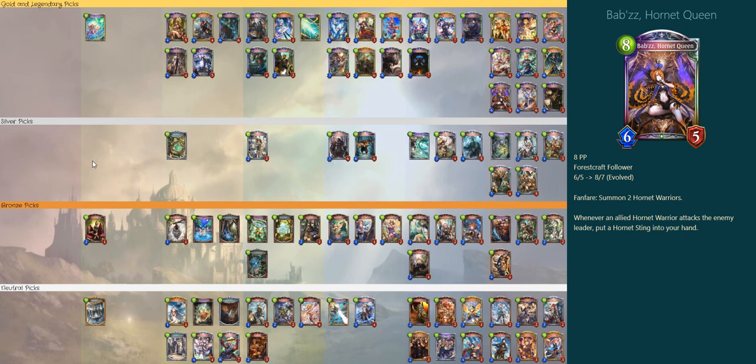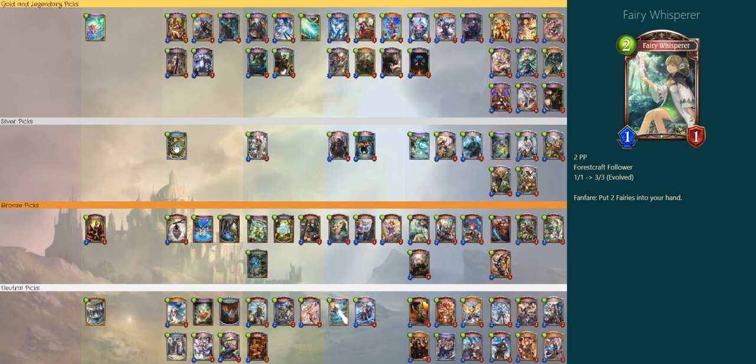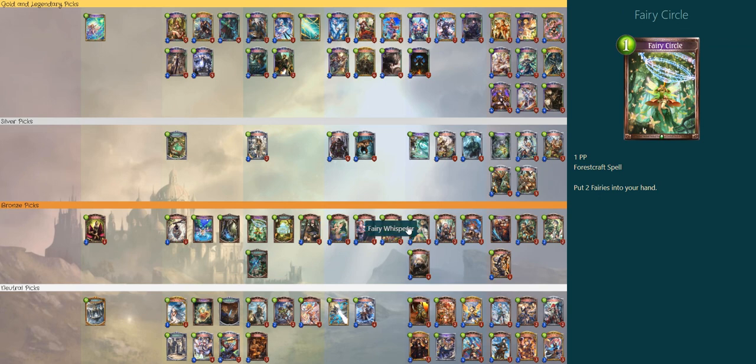Alright, moving on to the silver picks, we got the Arboreal Core. I mentioned this earlier with the Sky Horror, or what you can do. You can actually do a really cool sort of pseudo combo if you have a Whisper or a Fairy Circle. Some things you might want to be drafted, like the Fairy Whisper is still fine, but maybe the Circle may be less wanted. But if you end up drafting these things, you can play this alongside a Core, and this